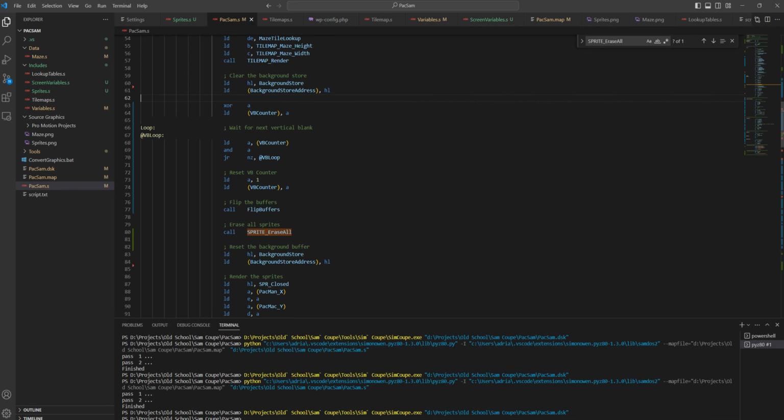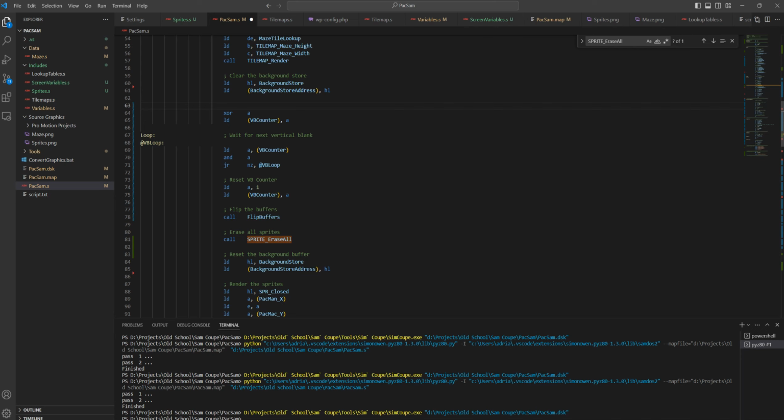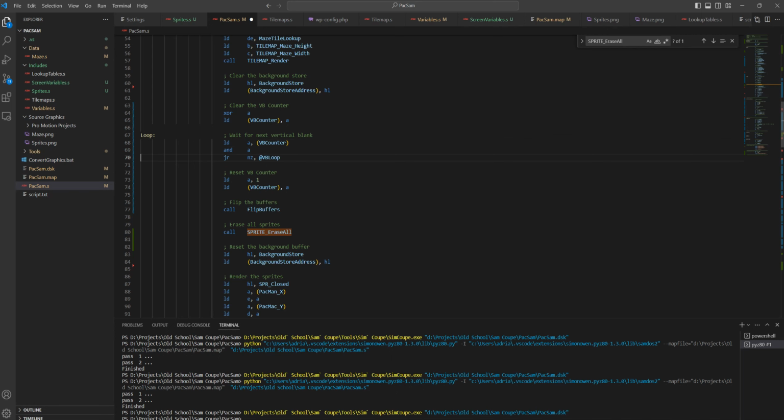We need to put all this to. We'll put some better setup code and tidying up code at some point, but for now we'll just clear the VB counter. We can get rid of that. We can go back to